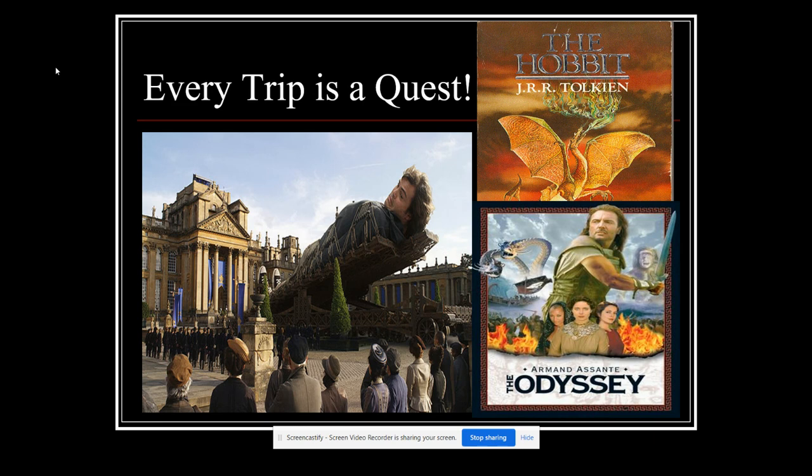So one major pattern that's very easy to spot is the idea of a quest. Whenever a character moves from one spot to another over the course of a story, we can consider that an epic journey. Whether it's a book like The Hobbit from Tolkien, where we have major fantasy-level adventures with lots of action, or The Odyssey, if you remember from ninth grade, Odysseus moves from the Trojan War back to his home in Ithaca, and along the way he has many different adventures